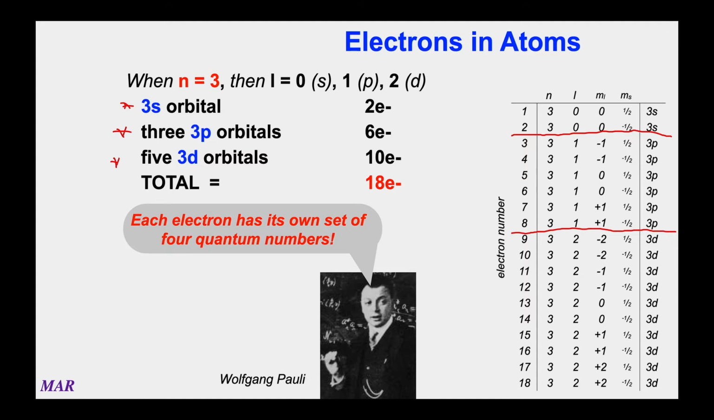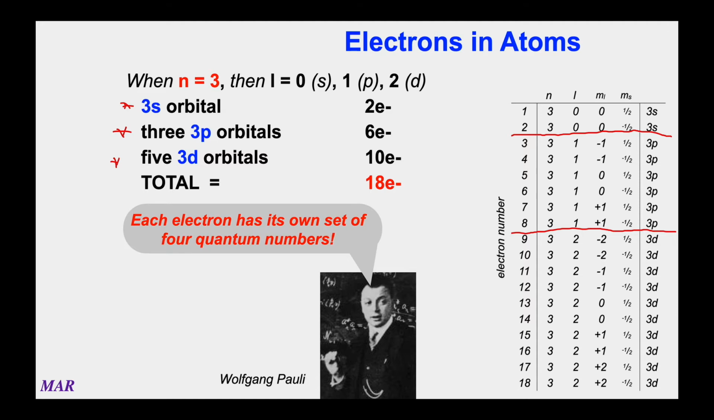2 electrons per s orbital, 6 electrons per p, 10 electrons per d. Notice there's a gap of 4 electrons between those numbers. We're going to see this pattern continued. When all is said and done, for n equals 3, every shell is going to have 3 subshells, the 3s,